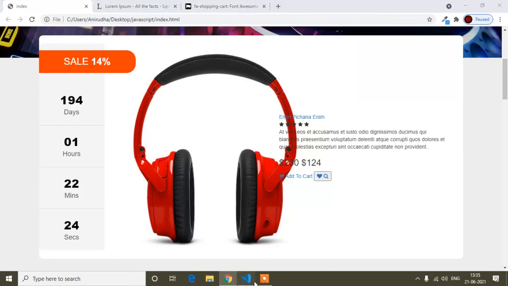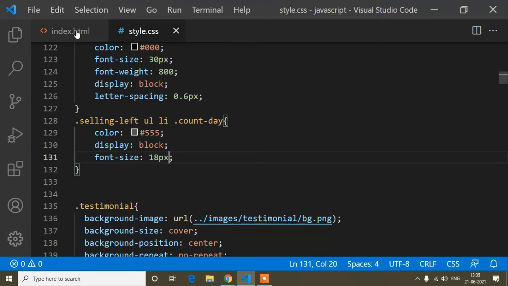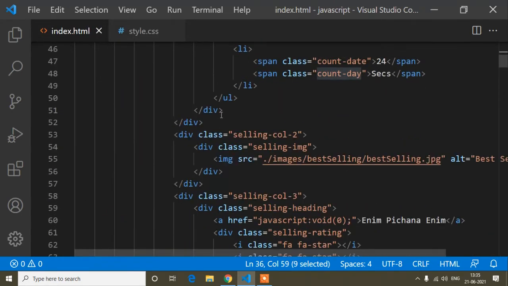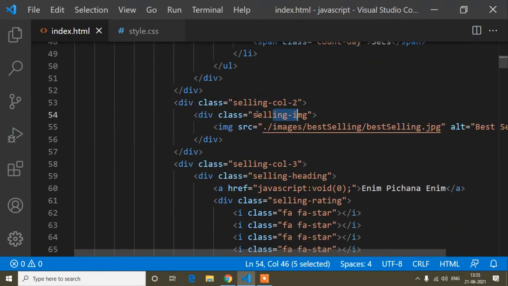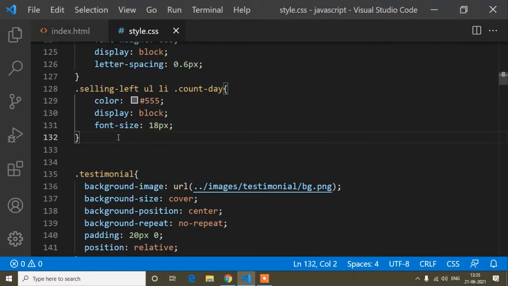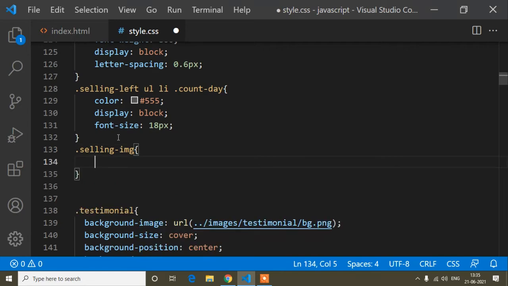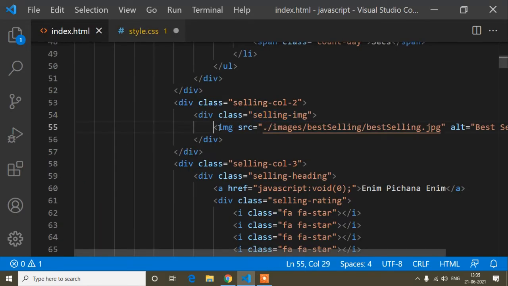Okay, so this one is done, and now I will add the design for this selling image. So I will copy this selling image. Okay, so first of all I will mention the selling image, and the selling image is the parent of this image tag.